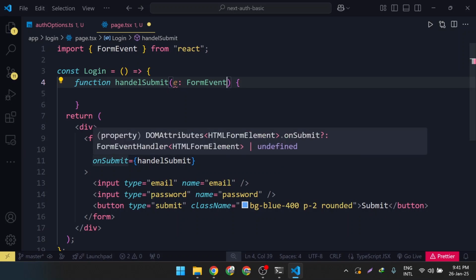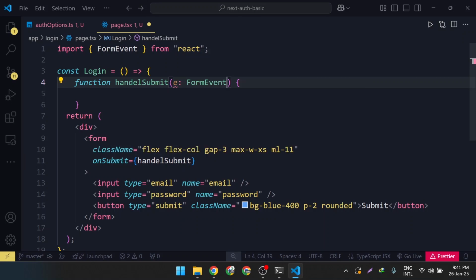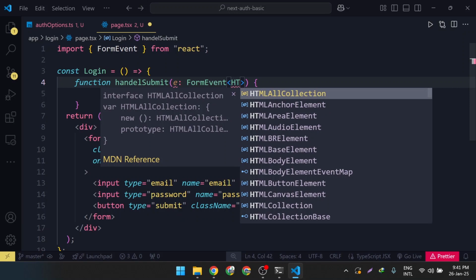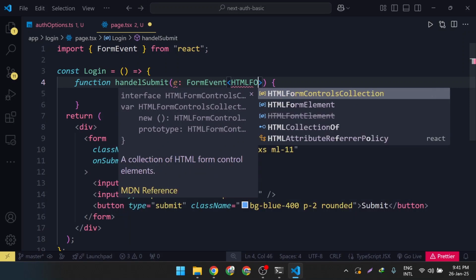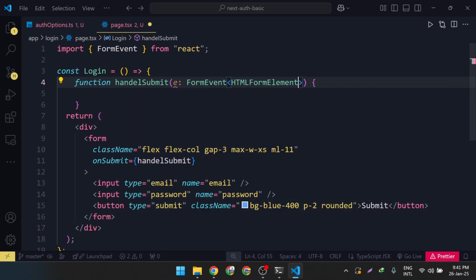We can see from it the doc attributes and from element. So we are going to use HTML form element,